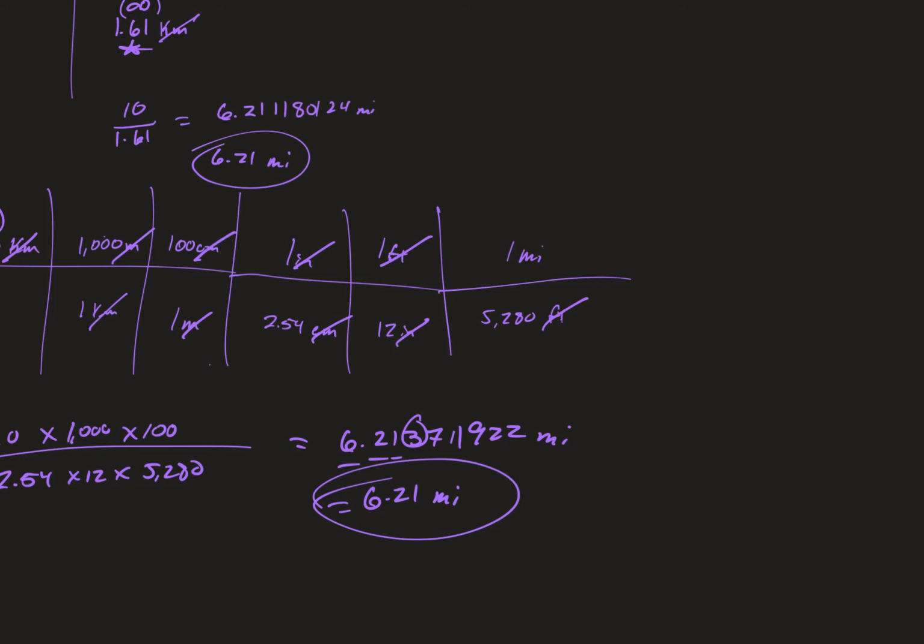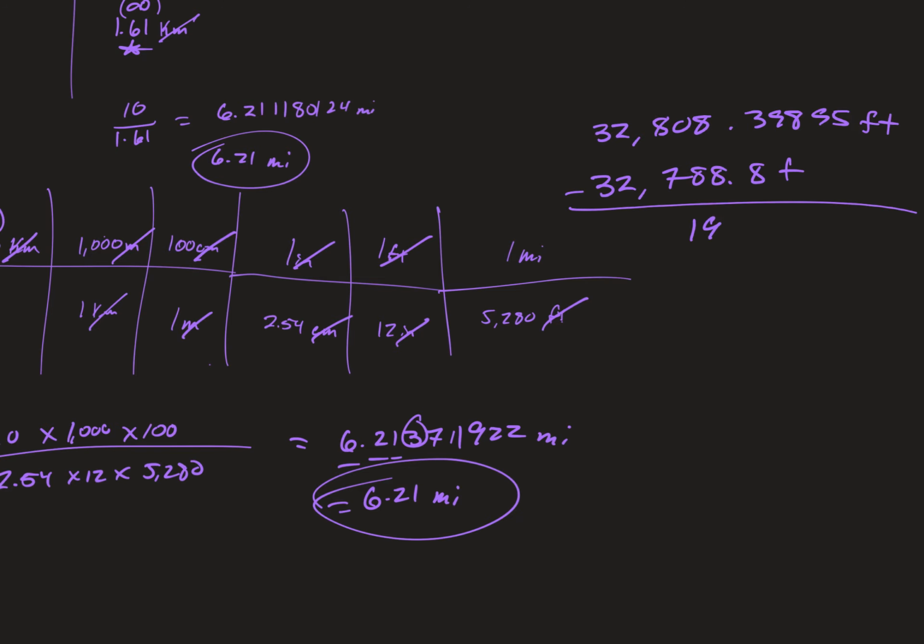All right, so if I multiply that by 5,280, it's 32,808.39895 feet. That 10K. Whereas 6.21 times that is 32,788.8 feet, for a difference